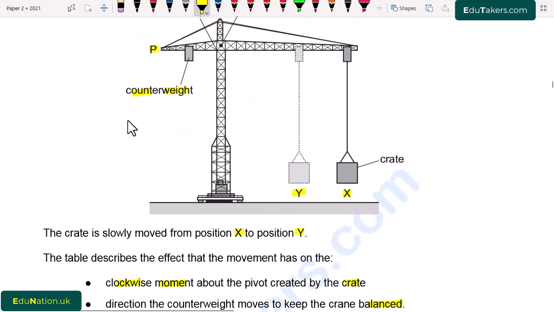Going back to the figure, we can see here that the moment is actually the product of force and the perpendicular distance from the pivot point. So here the crate is shown at position X, and when it moves towards the left and comes to position Y, the pivot point is this point. When I draw a line here,